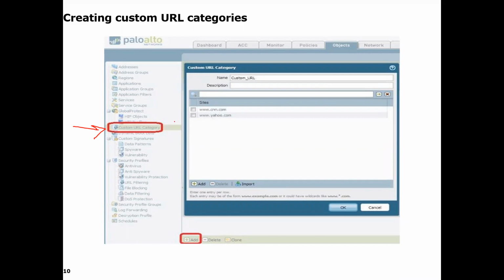In that case, we create a custom category with custom URLs. LinkedIn we want to allow, then Instagram is allowed, but apart from these two URLs, whatever social media there is will be blocked by category. But these two can be allowed, and with this profile called custom URL, you can go ahead and allow that particular URL category in the URL filtering. I will show you that. One second, let me go to this.